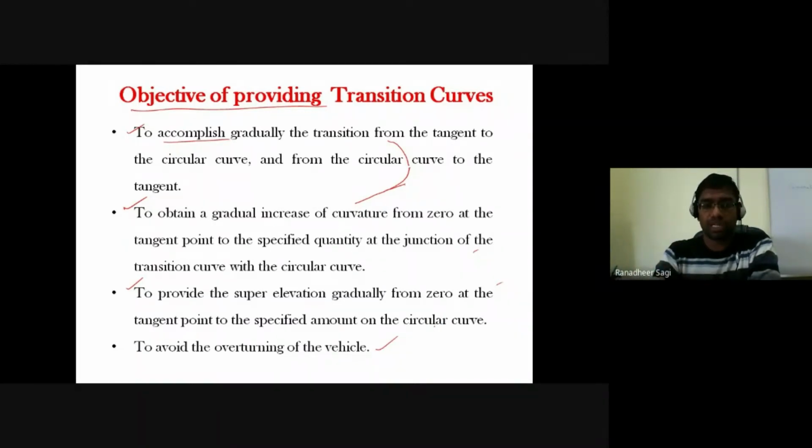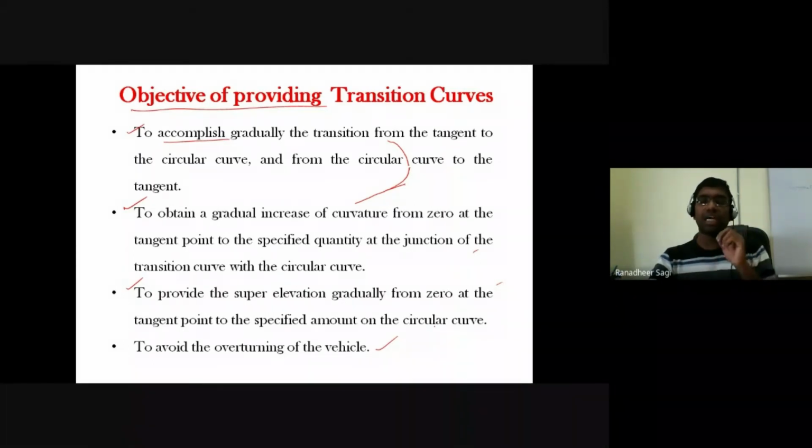So in such cases, to avoid that effect of overturning, because of the effect of the centrifugal force, you are going to see an overturning effect, because you wanted to have your vehicle change the alignment immediately, but because of the velocity with which the vehicle is traveling and because of the weight of that vehicle, the centrifugal force pulls the vehicle away from the alignment of that curved surface and results in a disaster there. So to avoid such overturning effects in the vehicle, you are going to be providing this transition curve, where the nature of the curvature of the curve slowly changes and the effect of the centrifugal force on the vehicle can be minimized.